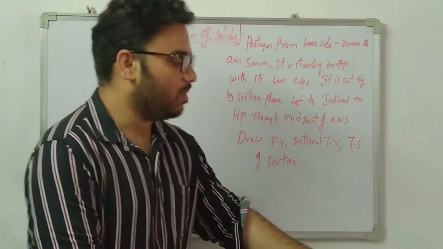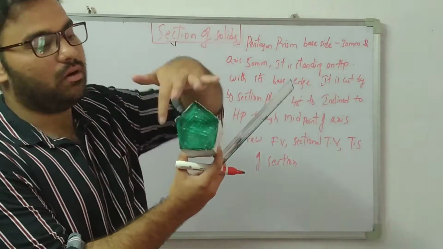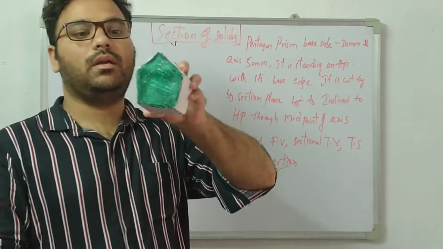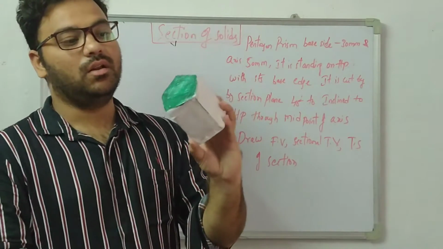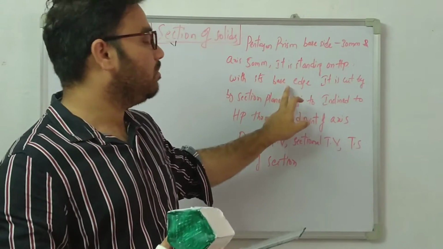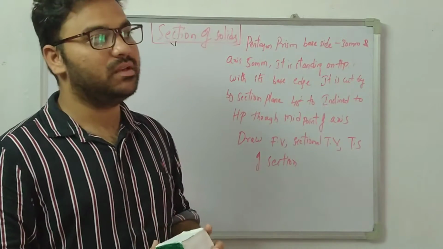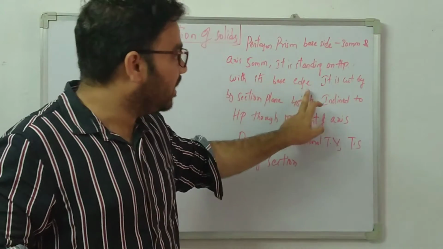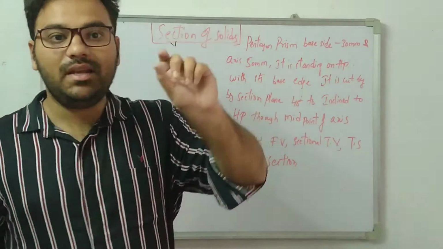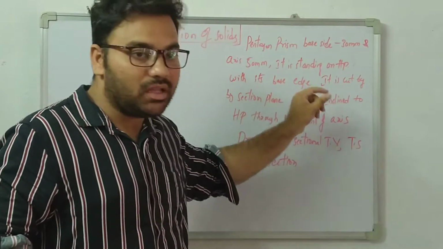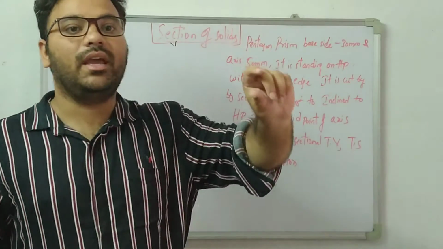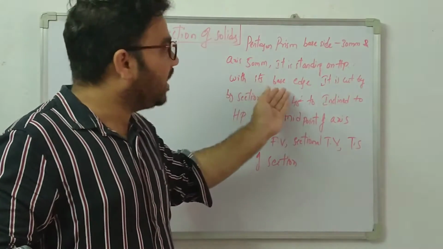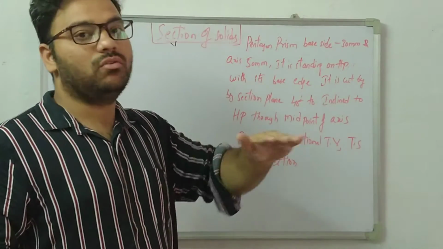So this is my pentagon prism. This is a base pentagon having rectangular faces. Now here, what is the condition? Base edge is given, which means the base side should be on the right side. If instead of a base edge, a corner is mentioned as resting on the HP, then we have to take the corner on the right side. Simple concept. If a rectangular face is resting, then we have to show different diagrams.